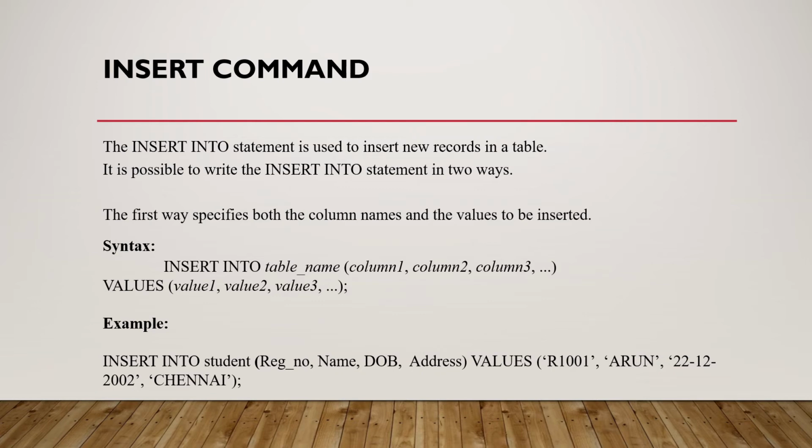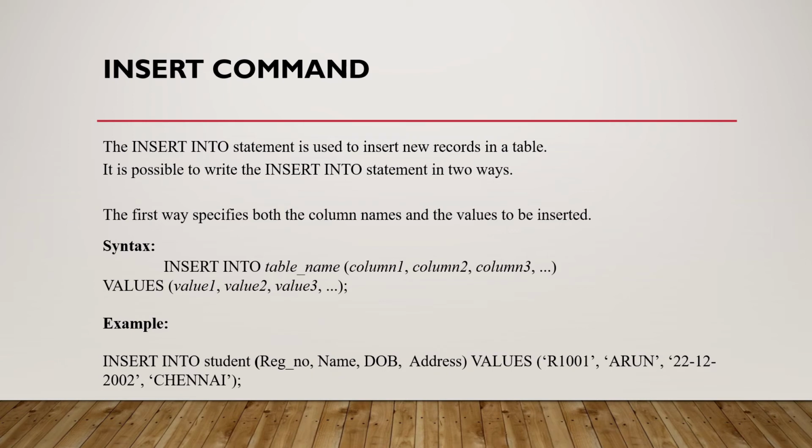Here insert into and values are the keywords. Table is the name of the table and column 1, column 2 and column 3 are the column names, and value 1, value 2 and value 3 are values which are going to be inserted in the table. Example: insert into student, register number, comma name, date of birth, comma address. These are the column names of the student table and values is a keyword, open brace,